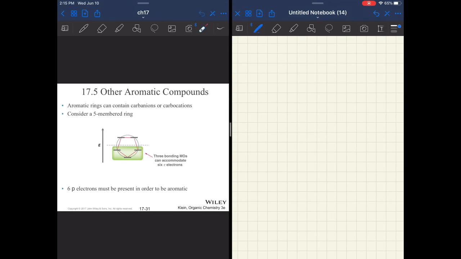Okay, chapter 17, part 3. In this part, we're going to talk about other aromatic compounds that either have charges or heteroatoms. And so we're going to start off with aromaticity